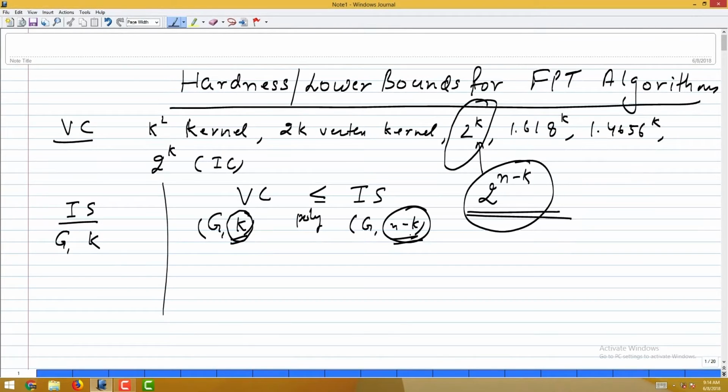Here the parameter goes from k to n, right? So when we are designing reductions, you have to be very careful. So this would immediately tell you that, okay, if we had to show some hardness for FPT algorithms, or in other words, if we had to prove that certain problems are unlikely to be FPT, and suppose, for example, we know 3-SAT, like how many of you have seen the